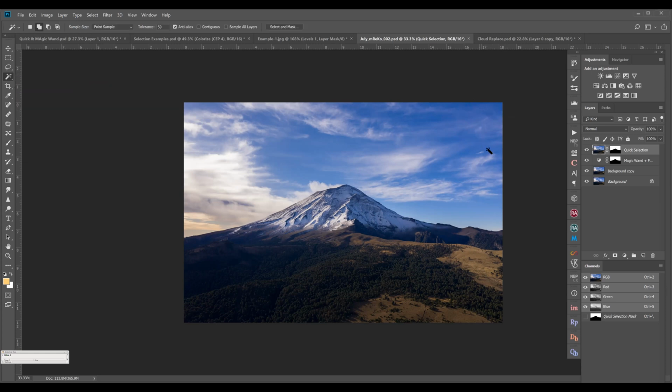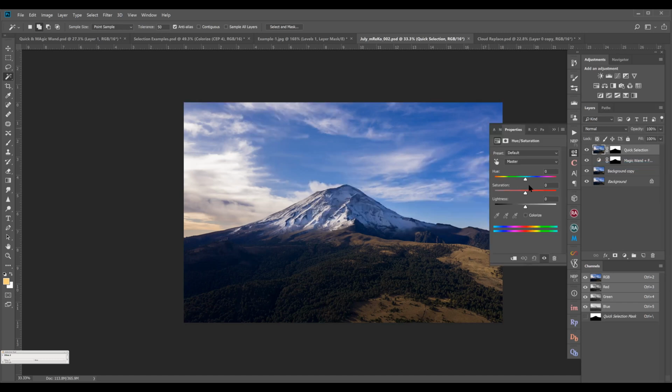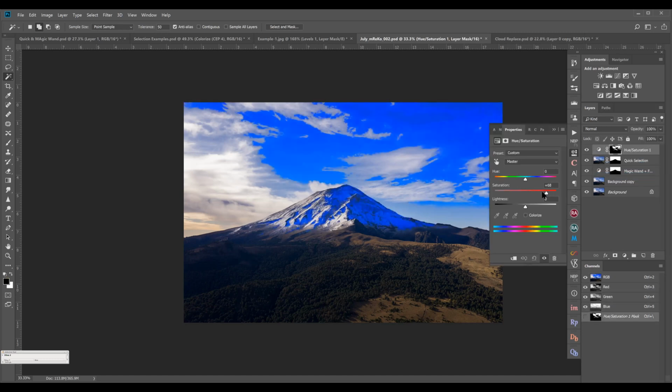You can just go and click on the blue, for example, this particular blue. Now I clicked on the white. Now I'll go to saturation and saturate the blue.